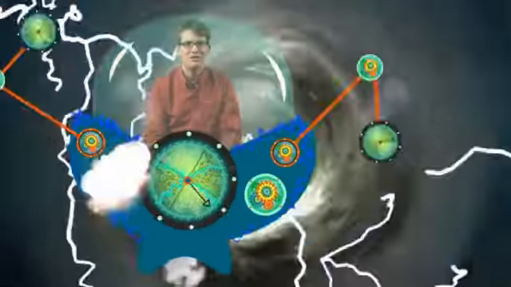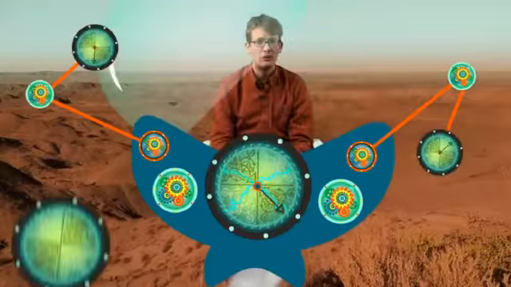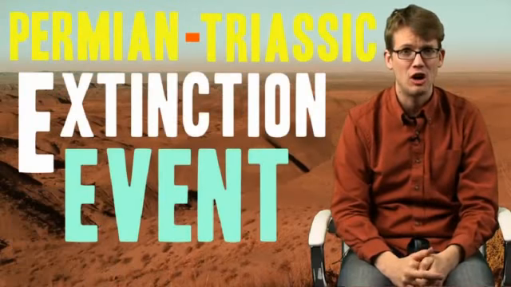But there's another interesting theory here, and that's that plants, which were for the first time really taking hold on land, were absorbing so much carbon dioxide from the atmosphere that they actually caused global cooling. So in fact, plants were responsible for that mass extinction event. How could you?